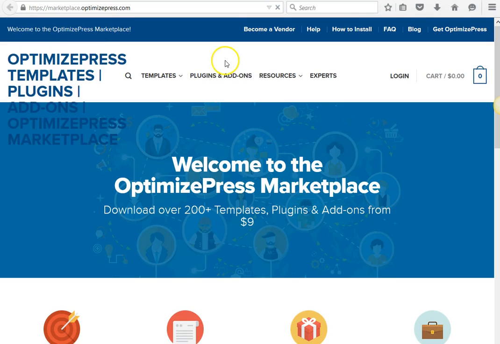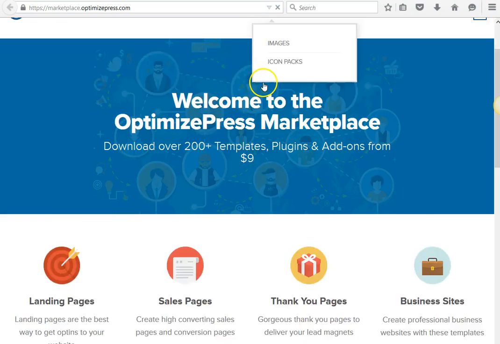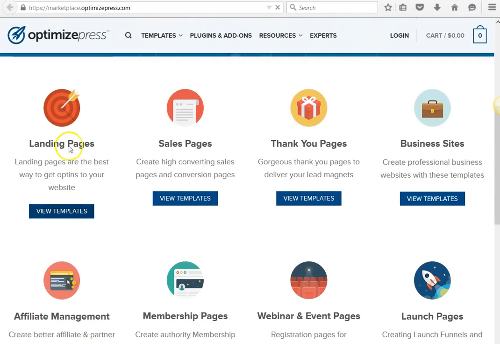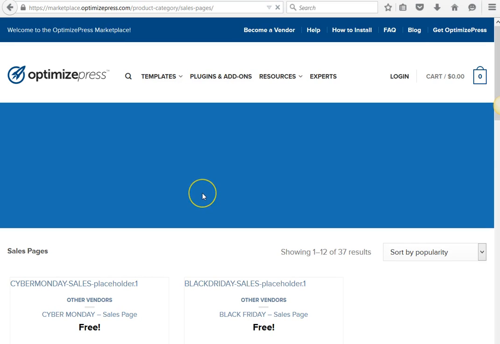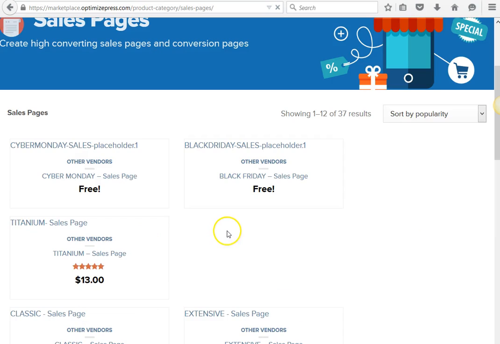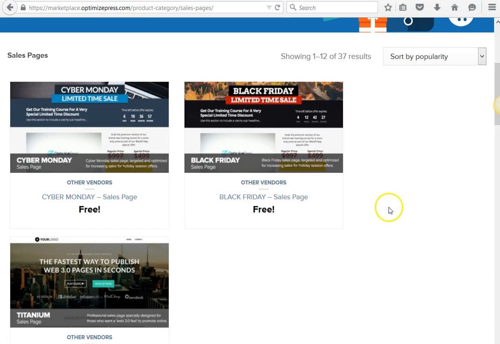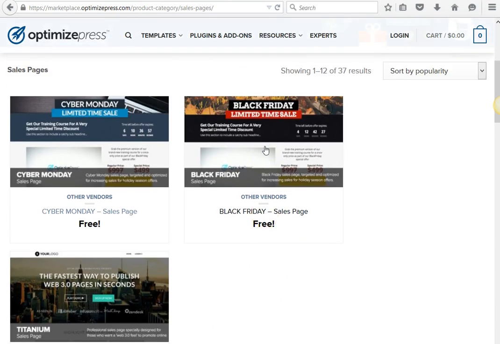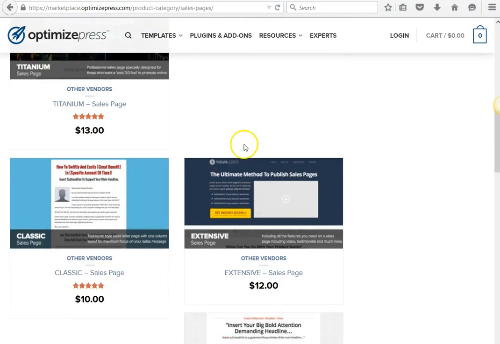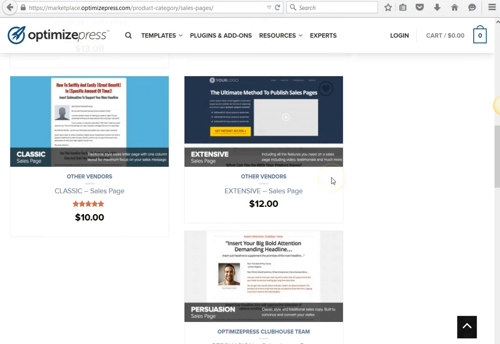You can get different plugins and add-ons. Some are free, some are not. Some come with it. So you can basically view landing pages, templates. We can just go ahead and click View templates right here. You have a lot of options with Optimize Press. That's why I really like building websites with this, because you can create fully functional navigational websites. They always have like little sales here and there. Like this right here. You can get like Black Friday deals if maybe you're on Amazon, or maybe you're a